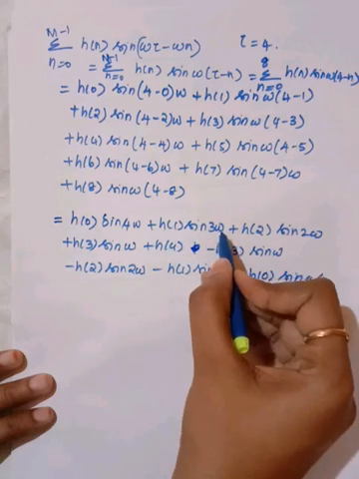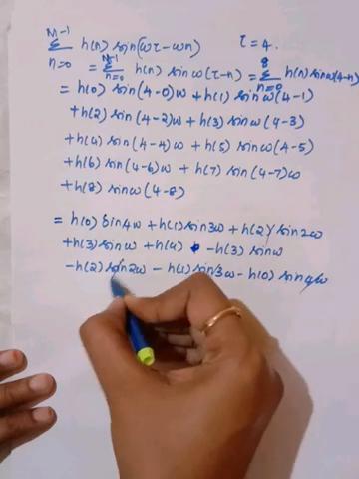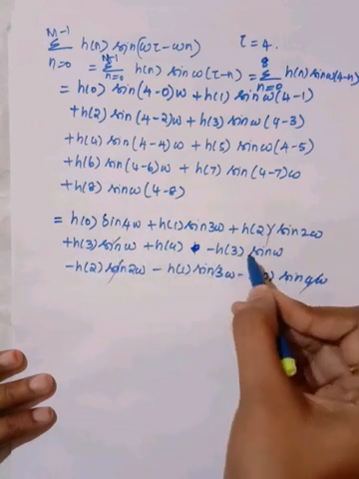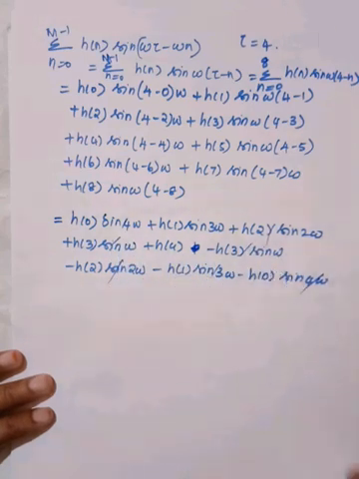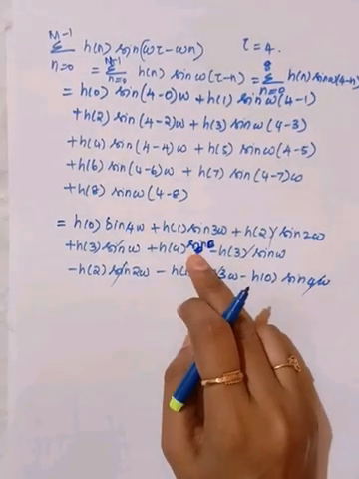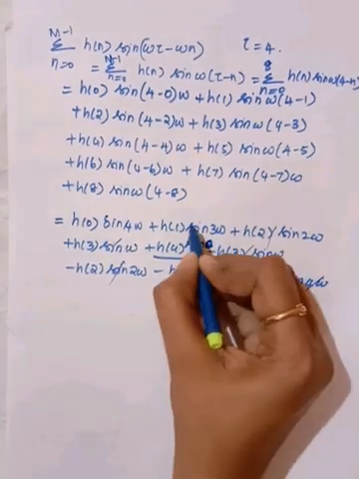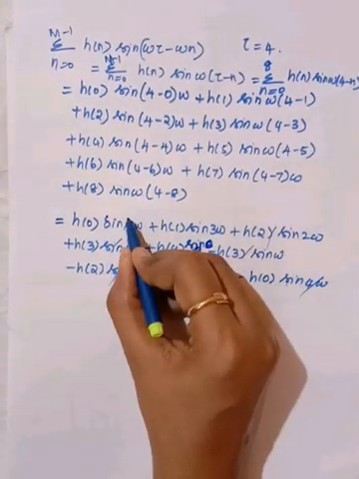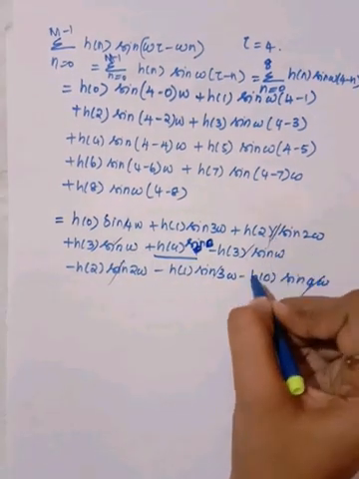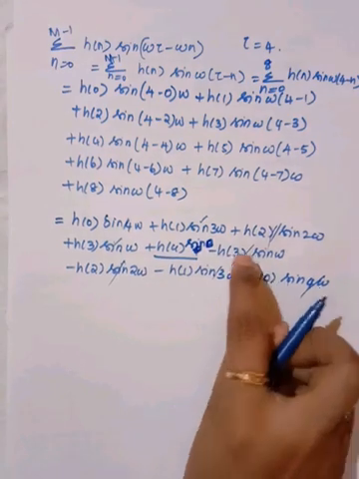Similarly, h of n sine 3 omega, here minus h of n sine 3 omega. h2 will get cancelled, and h4 will get cancelled, right? Sorry, here I forgot to put sine 0. Sine 0 is 0, so the whole term will vanish. Okay, so these two will get cancelled, then h3 and h3 will get cancelled, this will